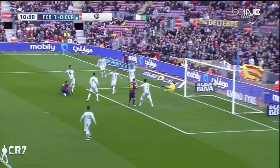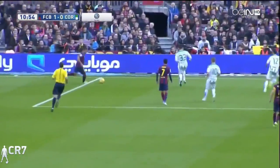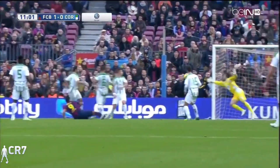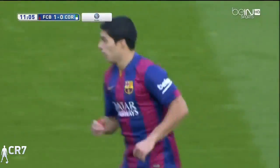You see the way Suarez fades away from his defender, peels away from him, like skin on a tangerine, just to make sure he's got that extra yard of space. And it's a brilliant attempt to find the inside of the post, but Juan Carlos...